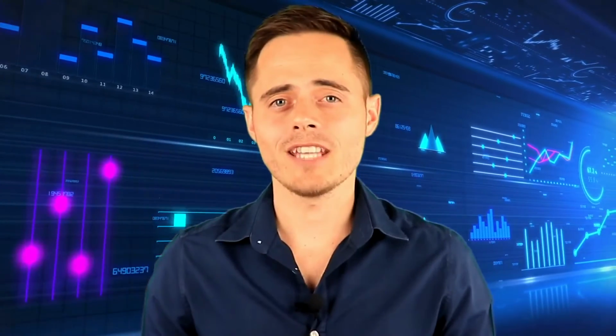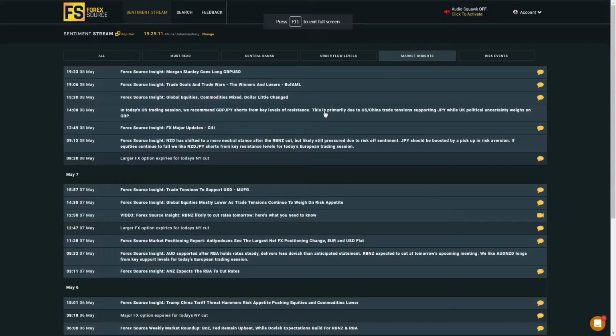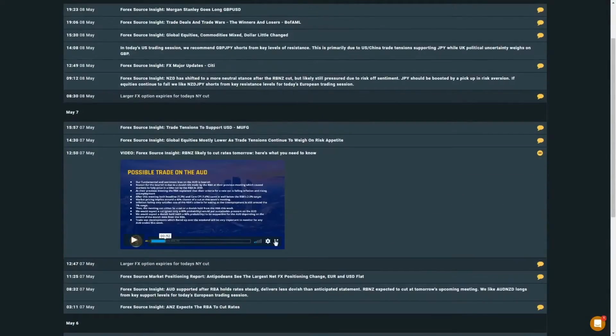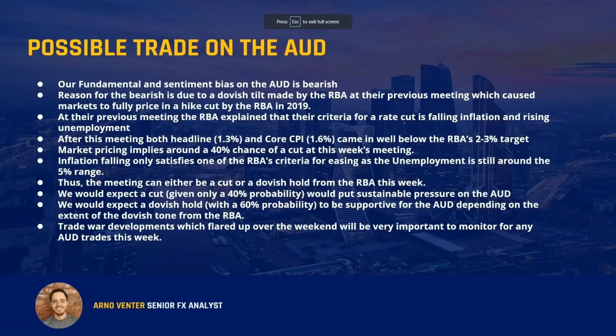So why exactly did the Australian dollar strengthen so much against the Kiwi dollar this week? Well, the Reserve Bank of Australia had their most recent monetary policy meeting on Tuesday. Our team highlighted the importance of this event for the Australian dollar in our recent week ahead video. Now, for those of you that don't know, monetary policy meetings are an essential tool for professional forex traders, as central banks use these events to determine whether to adjust interest rates. And as you know, interest rates are some of the biggest drivers of currency values.